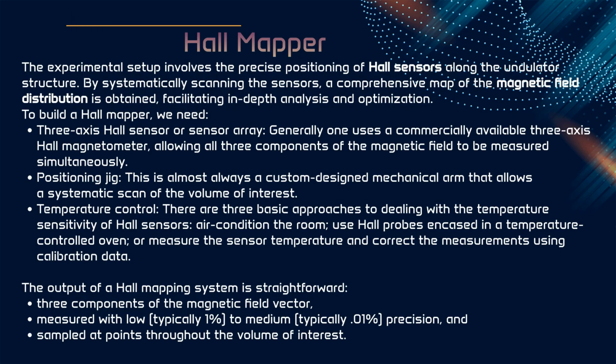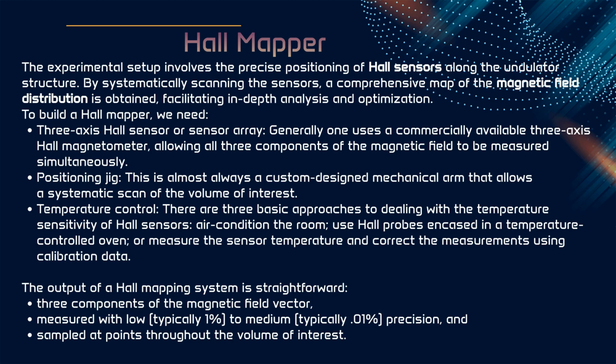So as we studied Hall sensors, now we'll get to know what Hall mapping is and how we do Hall mapping. The experimental setup that involves the precise positioning of Hall sensors along the undulator structure is known as a Hall mapper. By systematically scanning the sensors, a comprehensive map of the magnetic field distribution is obtained, facilitating in-depth analysis and optimization. To build a Hall mapper, we need 3-axis Hall sensors. Generally, we can use a commercially available 3-axis Hall magnetometer or a sensor array, which allows all 3 components of the magnetic field to be measured